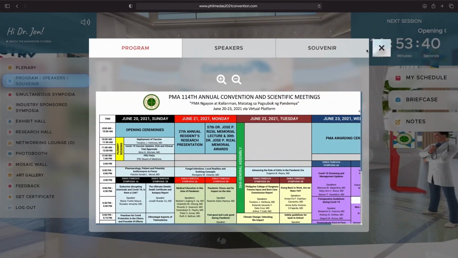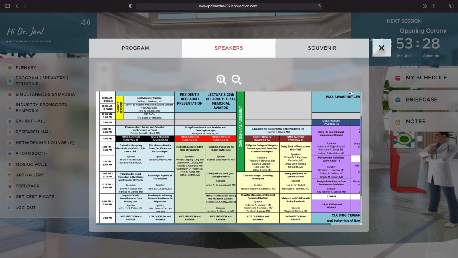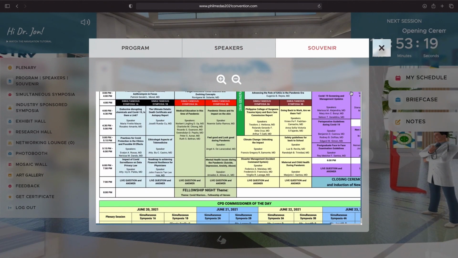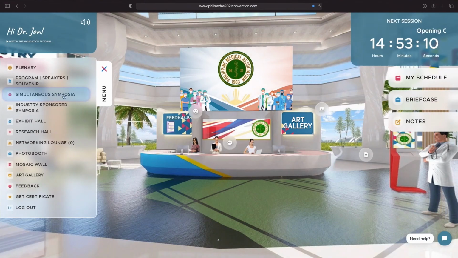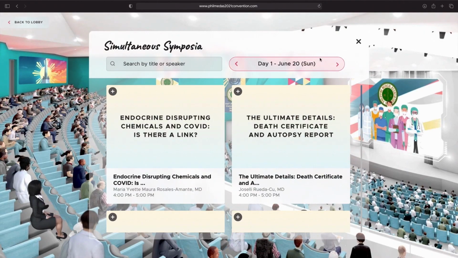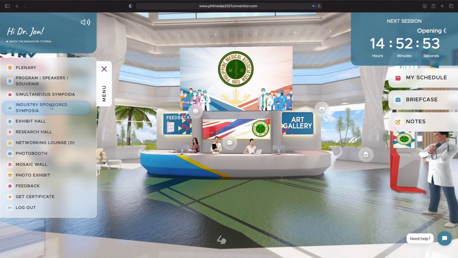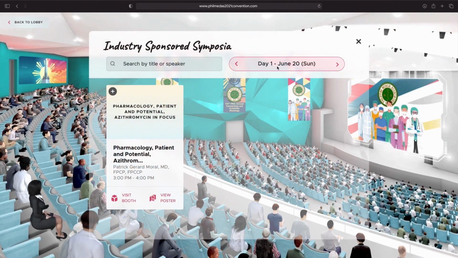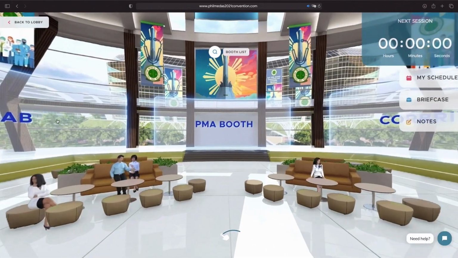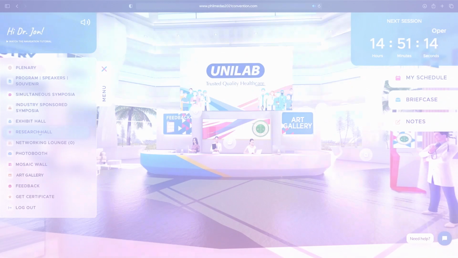Program, Speakers, Souvenir, Simultaneous Symposia, Industry-Sponsored Symposia, Exhibit Hall, Research Hall,